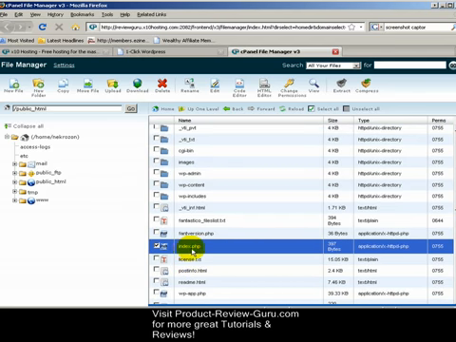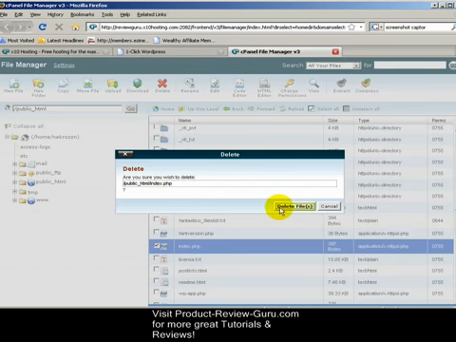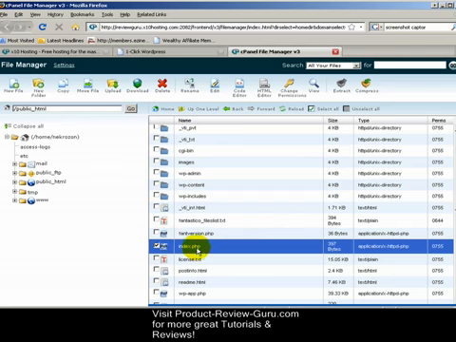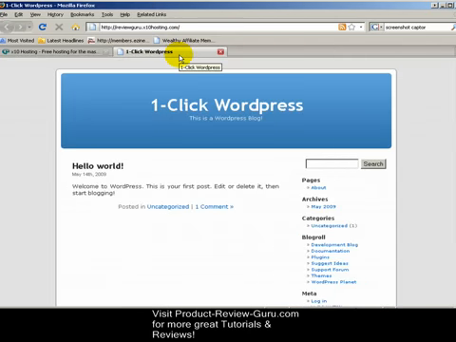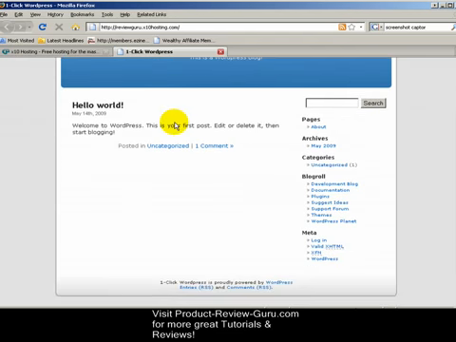However, if there's an index.html file, usually the index.html file is a file that appears when you just set up your hosting. It's just a default file saying, hey, your hosting is set up. That will take precedence in display before the index.php. So if you have an index.html file, you need to select it like this, index.html, click delete. It'll say, are you sure you wish to delete? You delete the file, and then you should only see one index file, and it should be index.php. So once we have that, we're good to go, and then if you've waited an ample amount of time, you'll be set up. Now, here's the one-click WordPress site name that we put and the description,